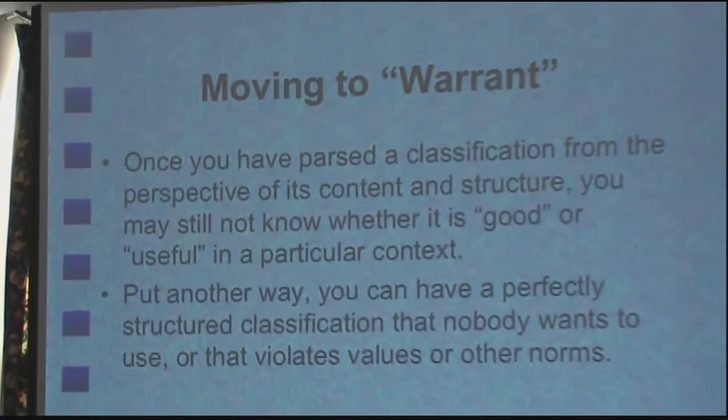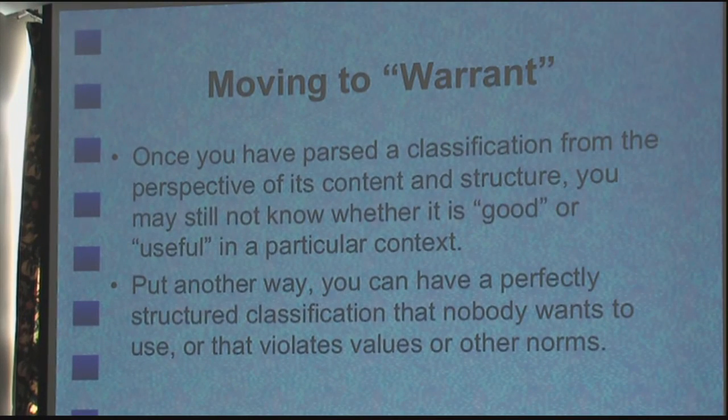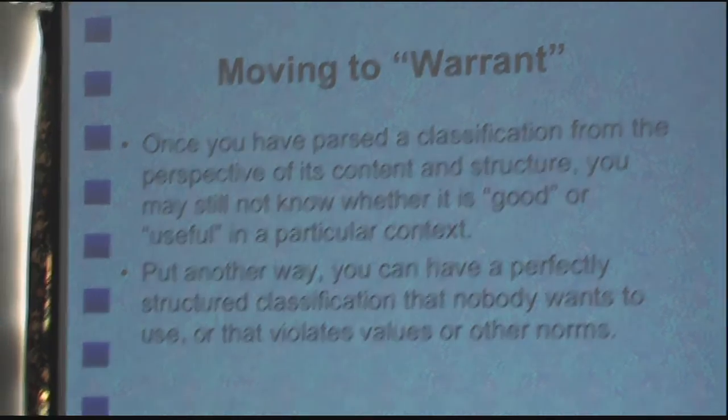So before I move on to Warrant, I just want to say that these criteria that I just ran through, and I forgot one about scale, but I'm not going to get into it right now. But if you want, we can talk about it later. These are sometimes mutually exclusive, right? So can anybody here think of 2 things that might not be possible together? 2 qualities of a classification that might be difficult to achieve, all in the same classification?